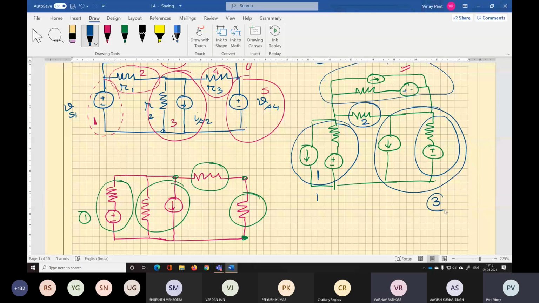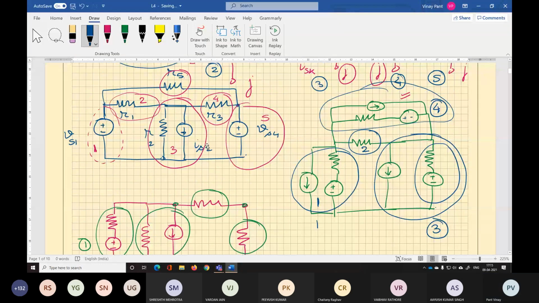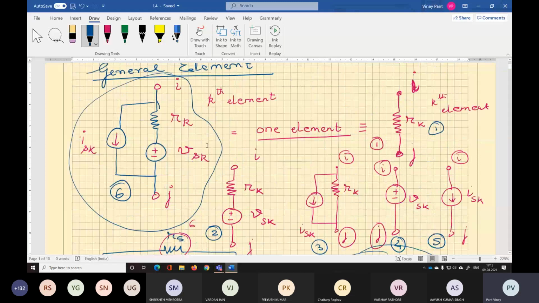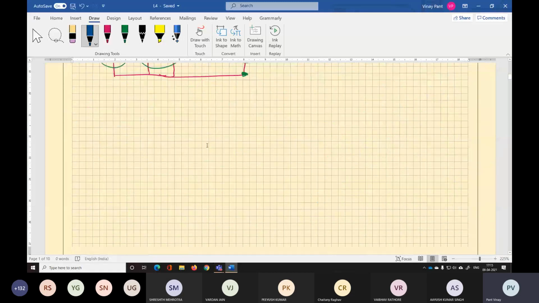This is element number 3 and this one is element number 4. So there are 4 elements in the network. Yes, please. Nothing, sir, it's done. So you can count the number of elements if a network is given, and an element between ith